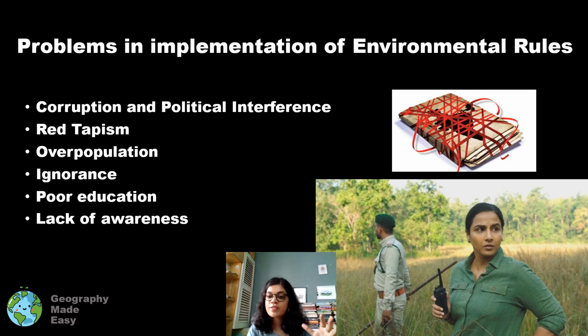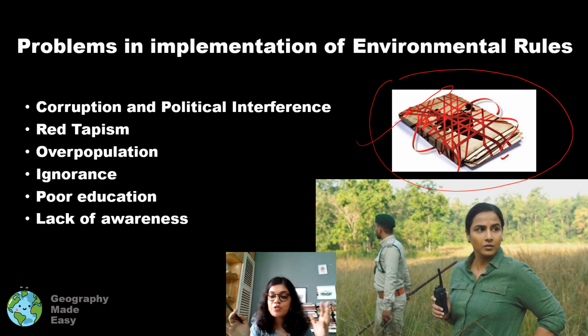Moving on, we know that there are a lot of problems with the implementation of environmental rules and regulations, and we have already talked about that, because whenever we talk about the success stories, we need to understand that in India at least there are a lot of problems with environmental regulations. Here I've put a representational photo of red tapeism, where the Indian constitution kind of gets bound up by a lot of red tape, a lot of bureaucratic channels through which it's not so easy to pass a rule and regulation. It's not easily defined, the laws can be twisted, and hence sometimes